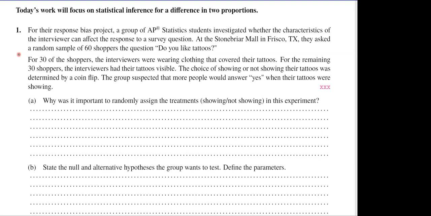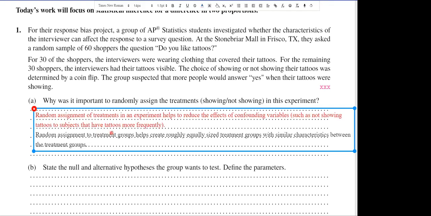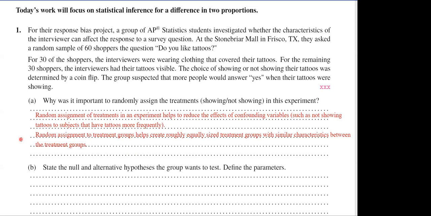Okay, so let's review the different concepts that have been discussed in our statistics class up to this point. First, why was it important to randomly assign the treatments, showing or not showing the tattoos in this experiment? Well, the reason would be the following: if we've got random assignment of the treatments in an experiment,